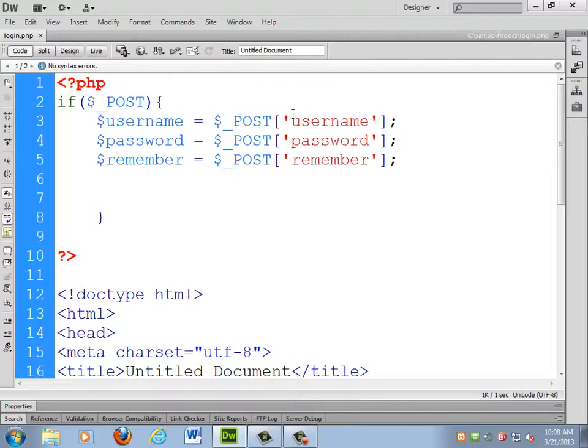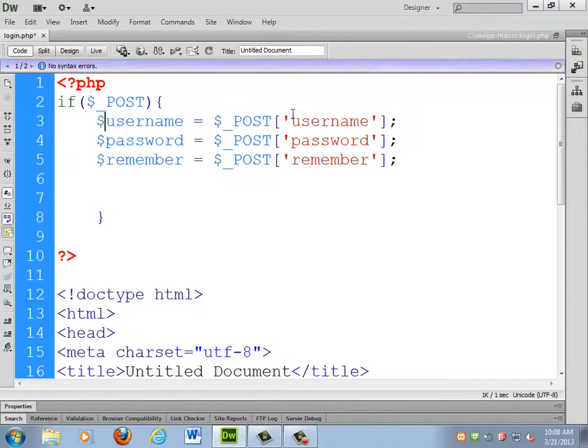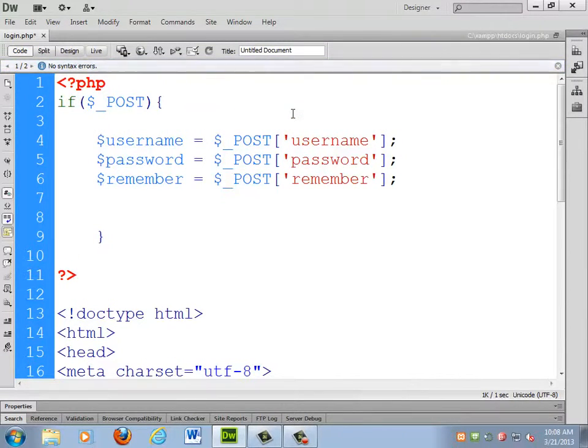Now at this point, I've also made an assumption. I've assumed that they're going to have clicked login and they filled out all three of these items. There's also the possibility that they completely screwed up and they accidentally hit login. They didn't realize their cursor wasn't blinking in and they just hit it anyway. So I need to take care of that possibility as well. To make these truly validated,